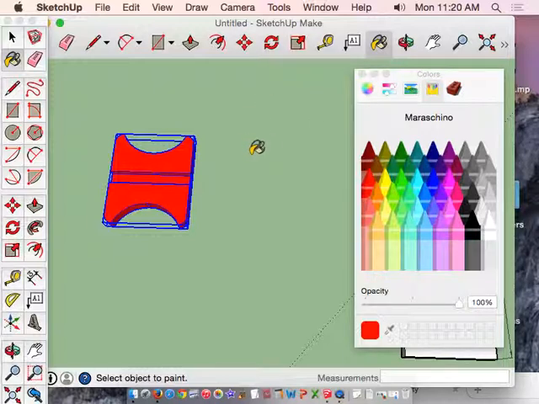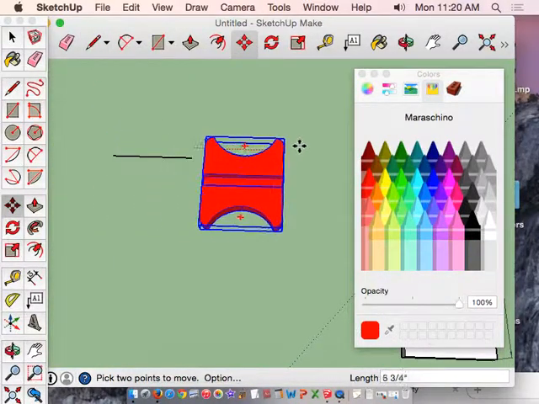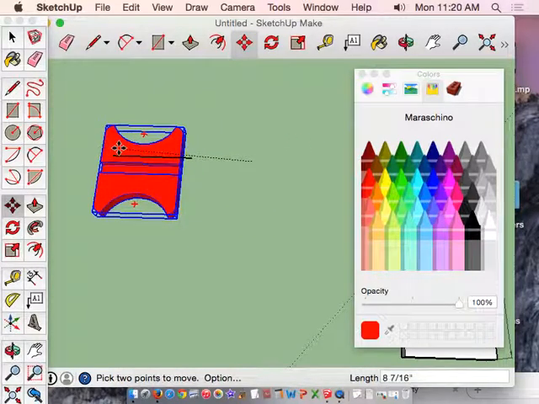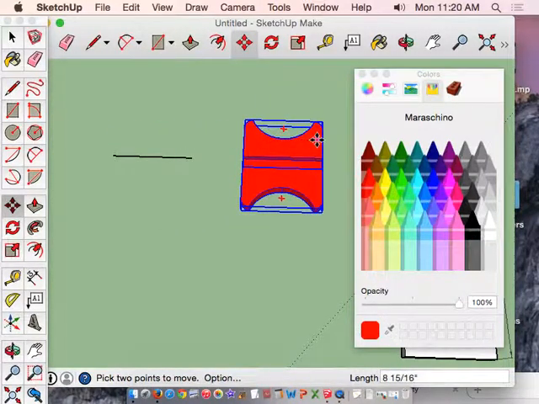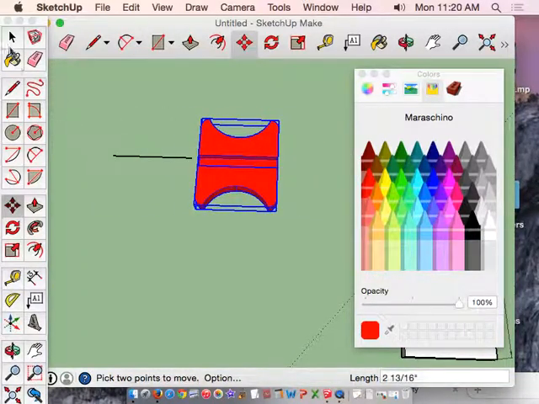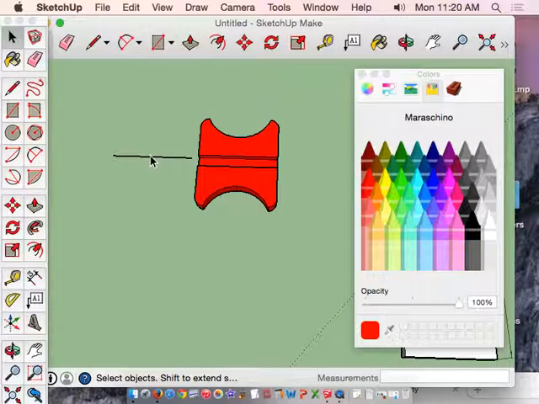Okay? Now, let's say that I want to edit it though. I can't just add things. Like right now, if I add this line there, yes, it looks like it's on it. But watch, when I move the component, the line stays there. It is like just setting a piece of paper on a book and then moving the book. The piece of paper is not attached to the book. So to attach the piece of paper, I'll get rid of this line now,